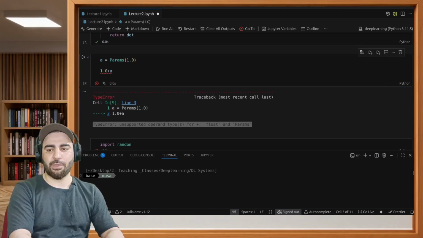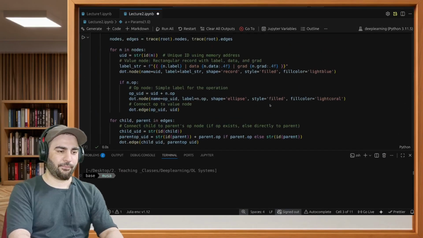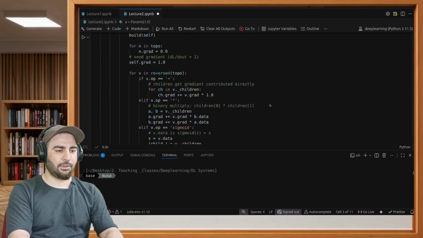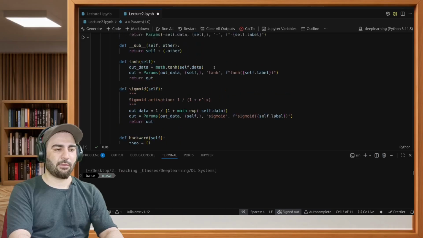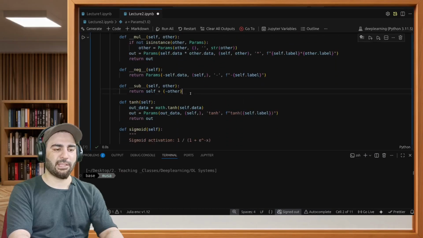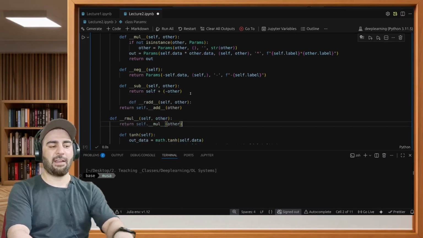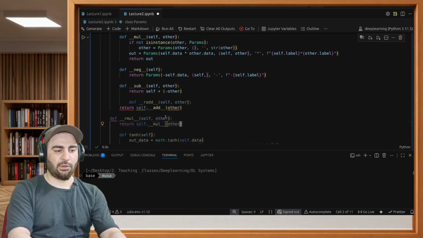So let me just copy paste the __rmul__ code. I'll show you what it does. So I'll add a couple of functionalities over here. Okay, this is our class where we want to add this functionality. So after negation, I'll add this. So if you see, I have added two functionalities. One is